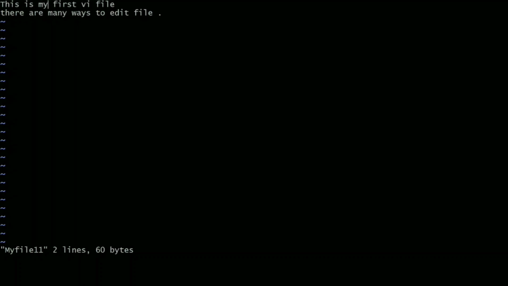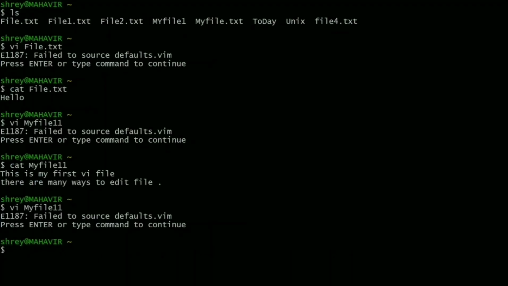J is used to move one line down. K is used to move up, and H is used to move the cursor left one character position. Now again, if I press Shift ZZ, I am out of it.